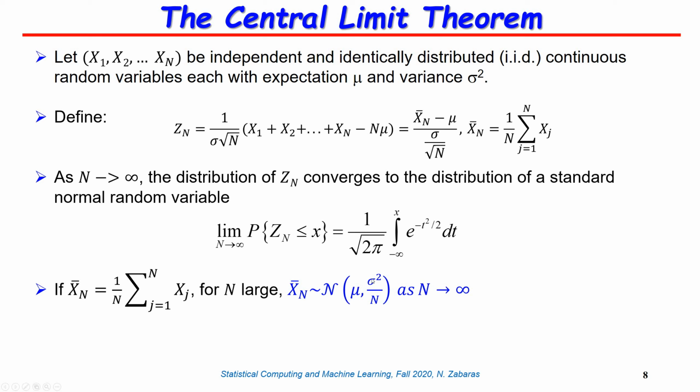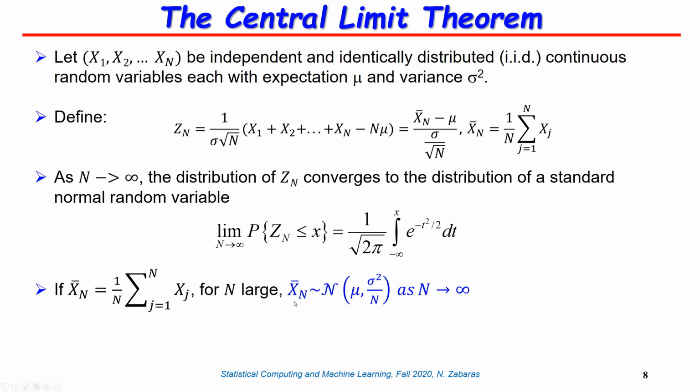So as n goes to infinity, this variance goes to 0, and this Gaussian distribution becomes a delta function around mu. But why do we care even more about this theorem? Because if n is not going to infinity and you want some approximation of the error in approximating mu, that error is going to be defined by sigma square over n. Okay, and we will use this in applications.